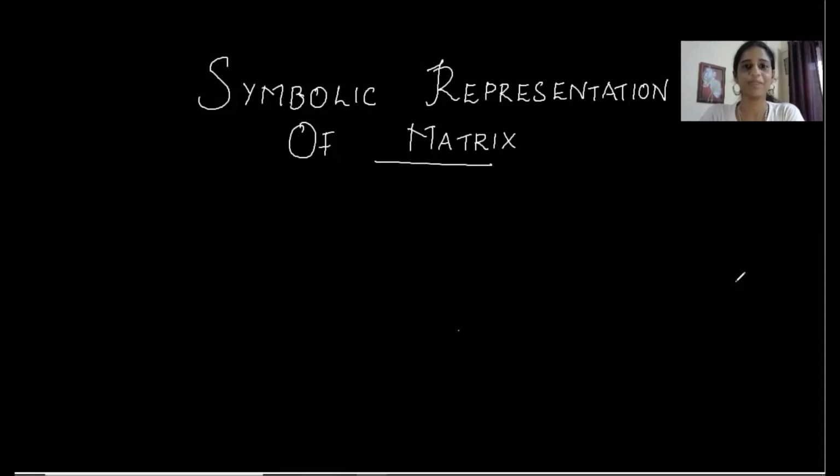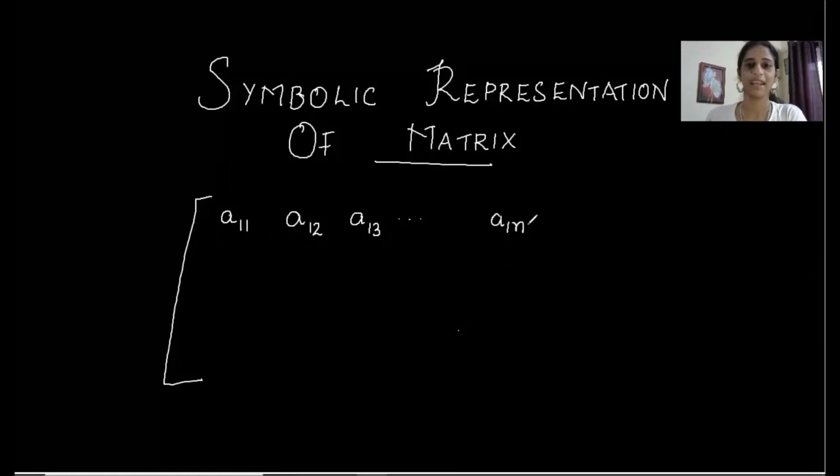Using this elements notation, we can symbolically represent a matrix like this. The first element will be A11, the intersection of first row, first column. Second one will be A12, the intersection of first row, second column. Now third element will be A13. And we don't know how many elements are here, so we express it as A1n, that is the element that comes under first row, nth column.